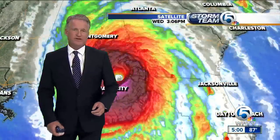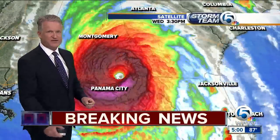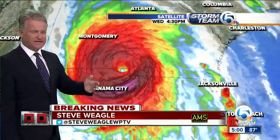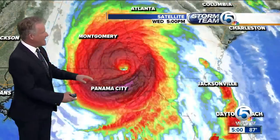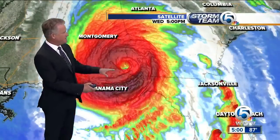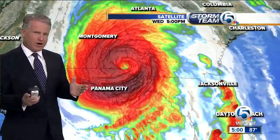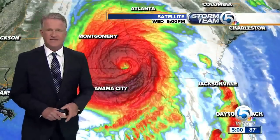We are getting reports of widespread devastation in Mexico Beach, not only from the Weather Service, but emergency managers in the area, and obviously the video that's coming in. There is a look at the storm now. It's down to 125-mile-an-hour winds. It is weakening. It's lost its energy source, the warm waters of the Gulf of Mexico that fed this to